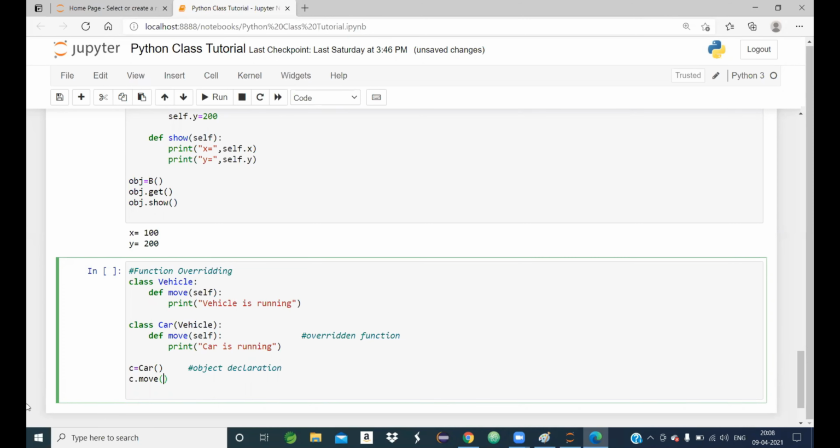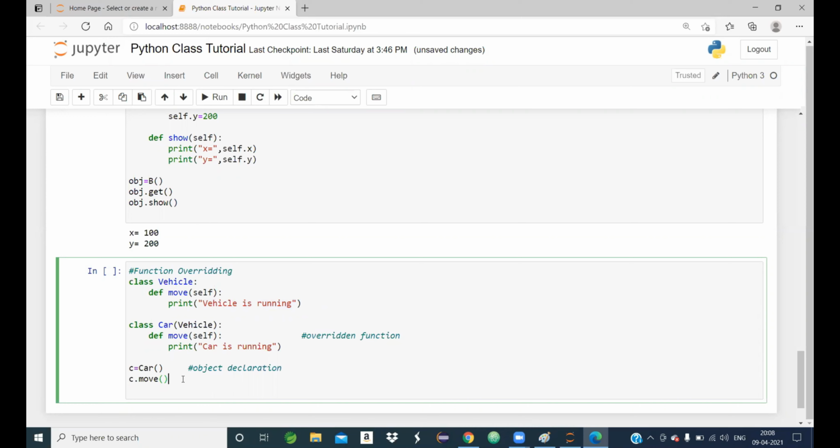My question is, when the move function is called by c, which move function definition will execute, because the move function is defined in the parent class as well as in the child class?